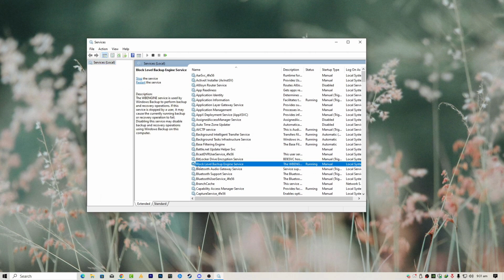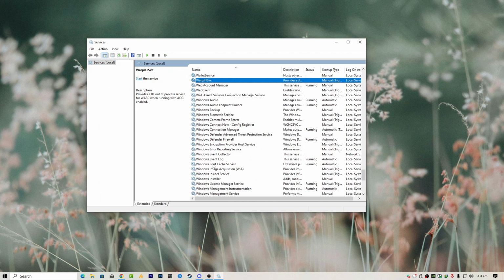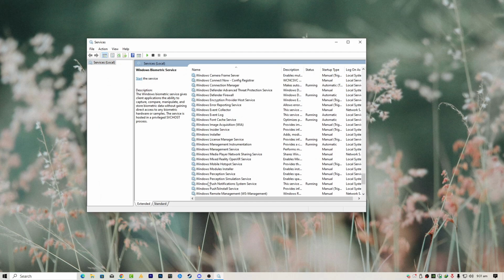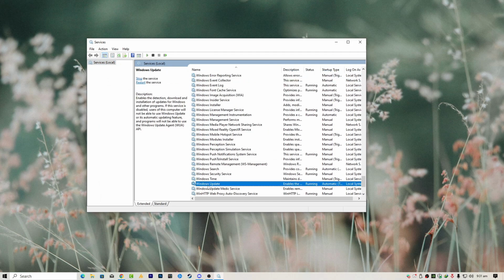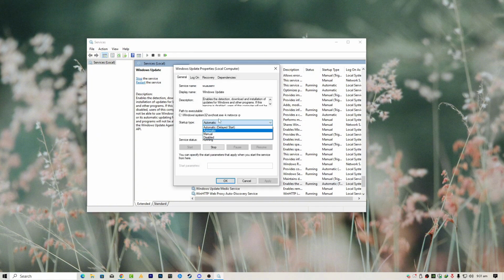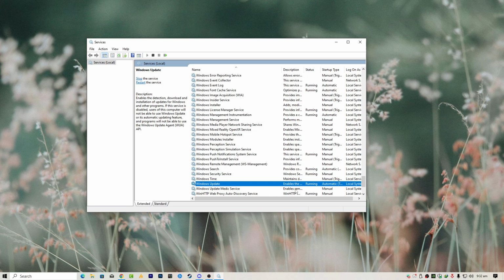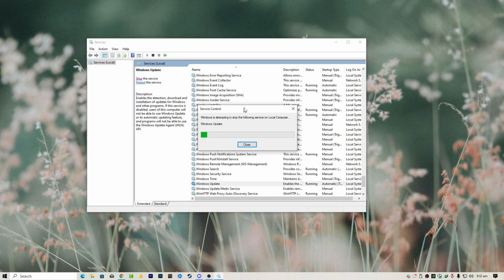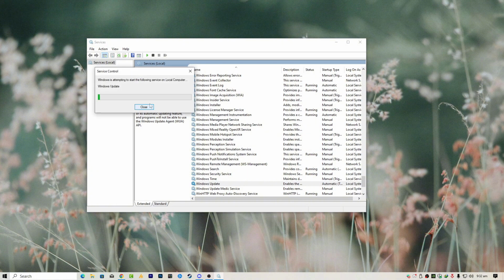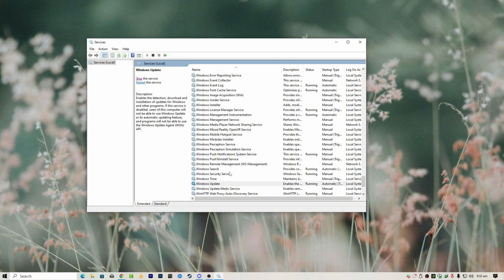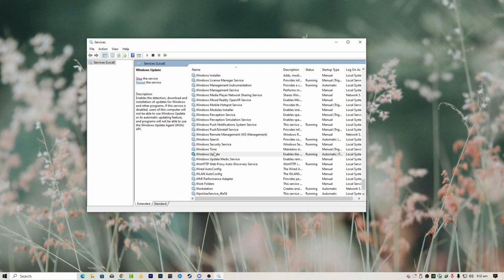Once you are here, just select any service and press W until you get the Windows Update, and then double tap on it, go into the properties, make sure startup type is automatic and then hit apply and OK. And if it's running, then first you need to click on stop and then again start, and now restart your PC. This will probably solve your issues.